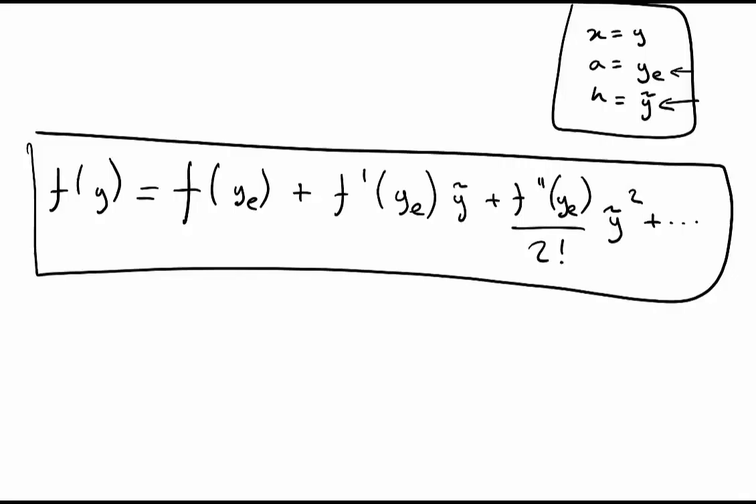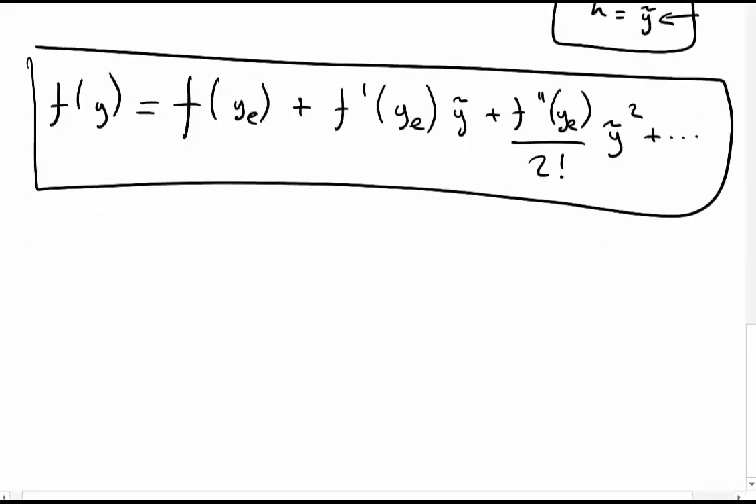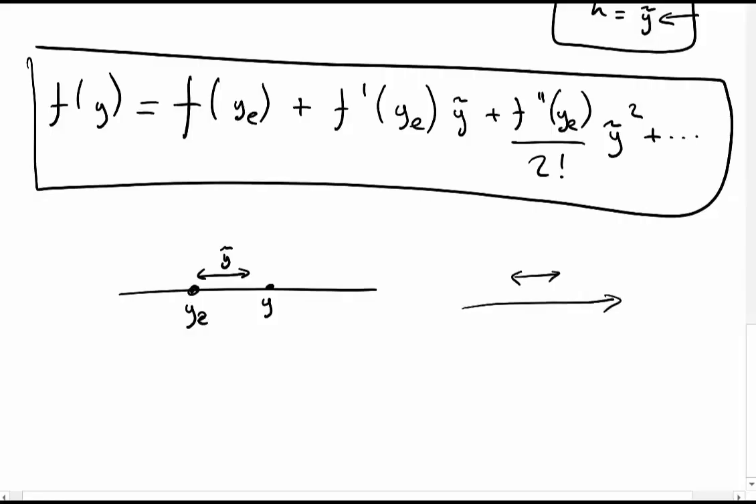What can I do with this? Well, look where I am. If I just draw this out again, we had ye, and then I moved by some distance, y tilde, a really, really small distance, to a new point, y. Because y is really close to ye, if you remember with the Taylor expansion, the more terms you have, the better the approximation of the function. A few terms will only consider a small part of the function, more terms will consider a wider and wider range of the function. Well, because I'm so close to my equilibrium point,